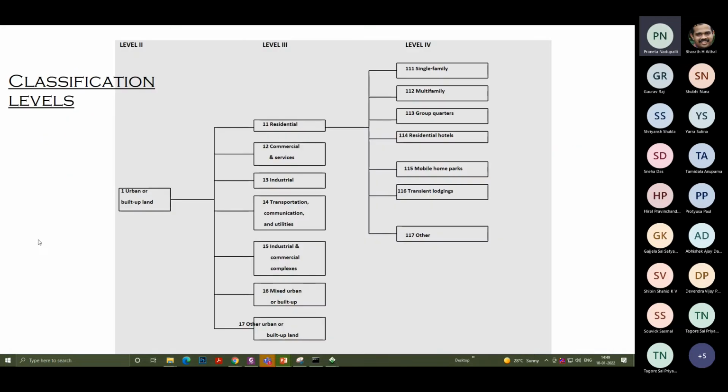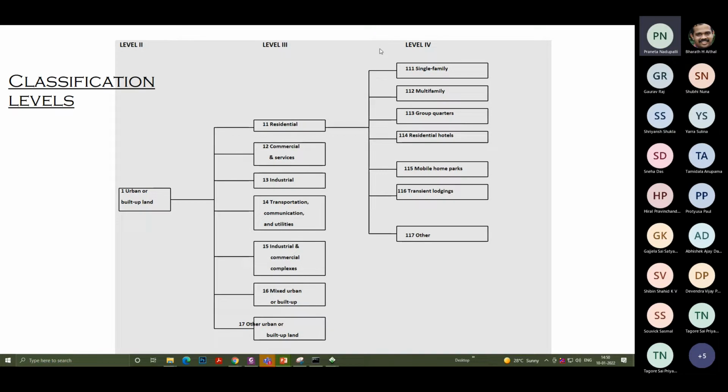So the classification levels can be enhanced, can be varied. Like the first level could be you identify the urban or the built up land, where you can extract it. You can go further by identifying the residential, various land use types, basically the residential, the commercial, the industrial, the built up land, or any other mixed land use which exists. And the next could be